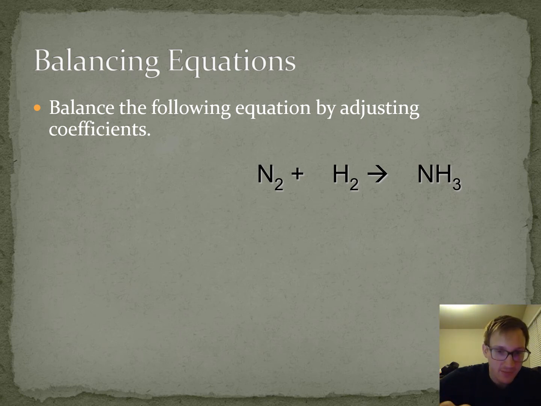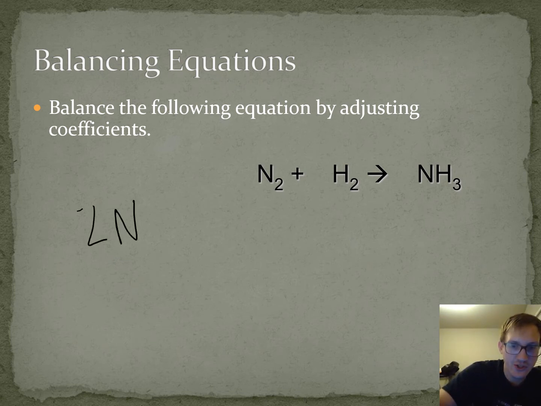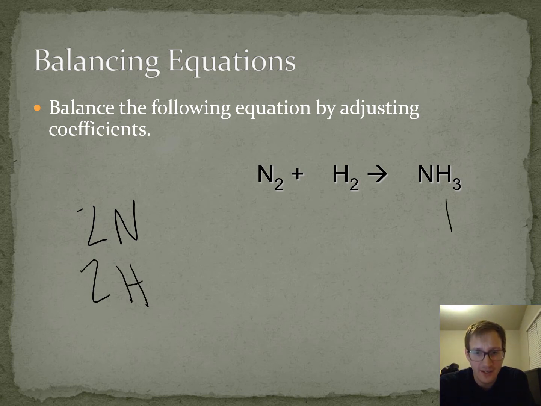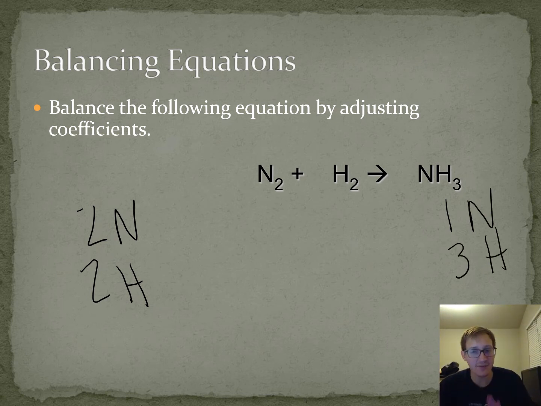So you'll notice on the left I've got 2 nitrogens and 2 hydrogens, but on the right I have 1 nitrogen and 3 hydrogens. So I need to figure out a way to get these numbers to be the same. Now what I'm going to start with, notice that I have 1 nitrogen and 2 nitrogens over there. If I just put a coefficient of 2 there, I now have, instead of 1, 2 nitrogens, but instead of 3 hydrogens,